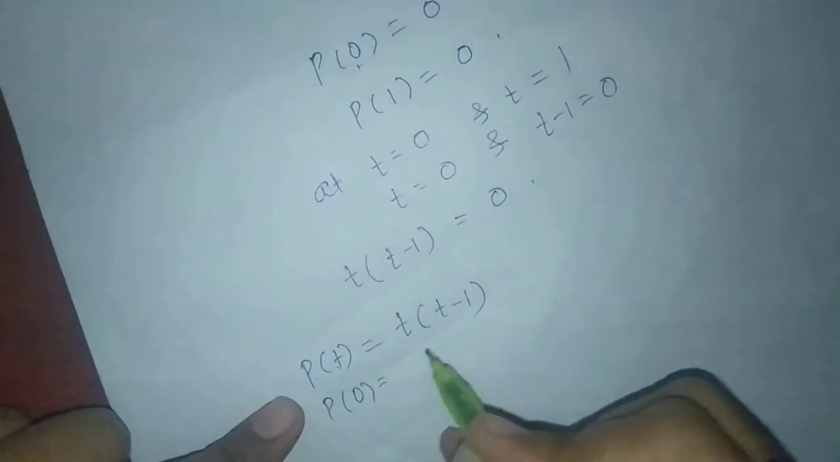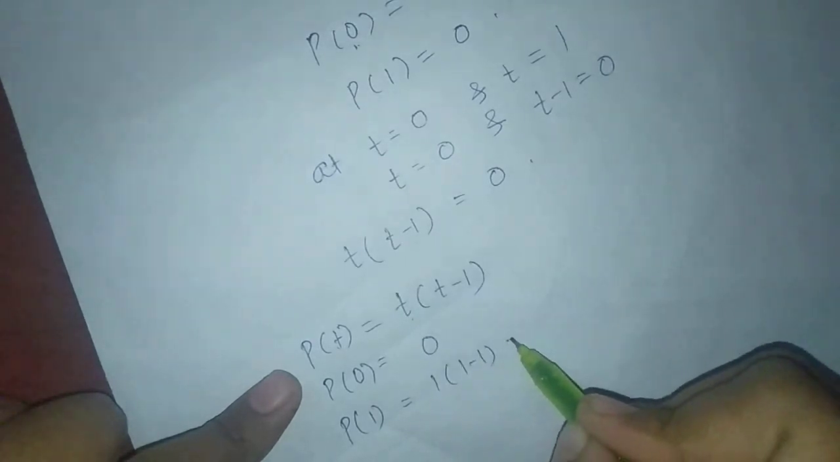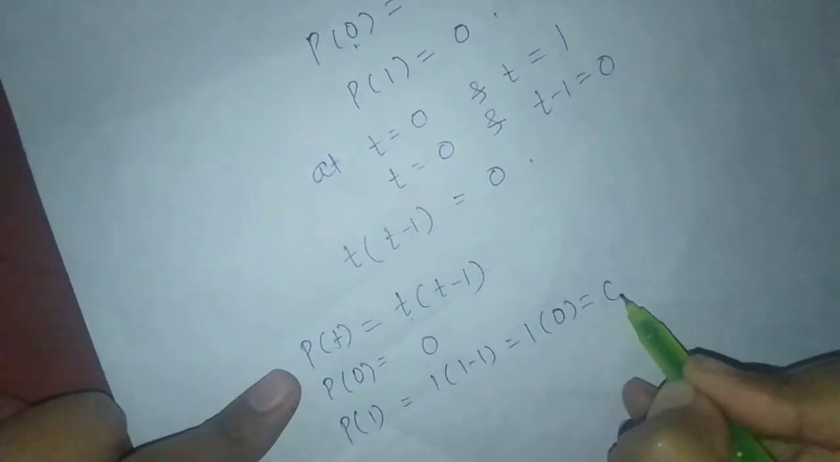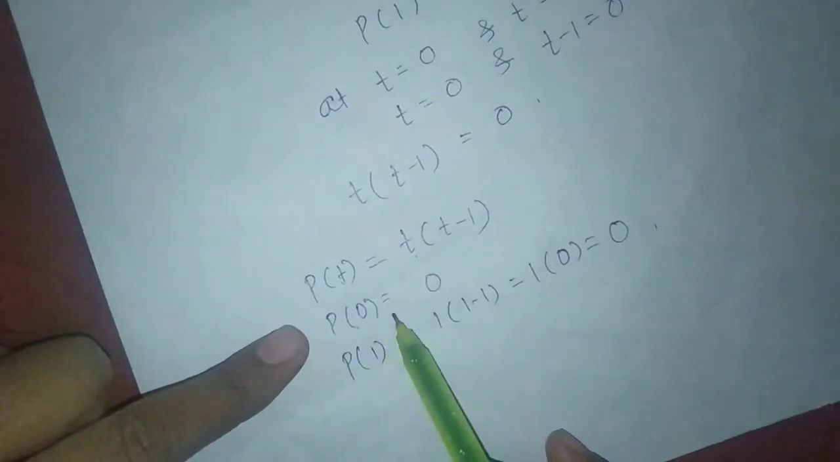Why do we take P of T equal to T into T minus 1 only? Because when we put T equal to 0, we get 0 into 0 minus 1, 0. And when we put T equal to 1, we get 1 into 1 minus 1 equal to 1 into 0 equal to 0. Means the condition for T is satisfied,